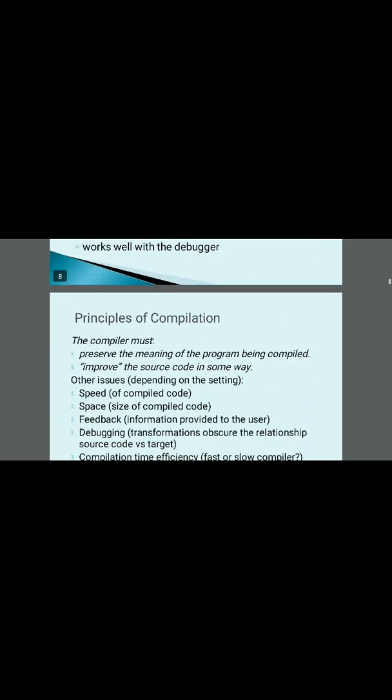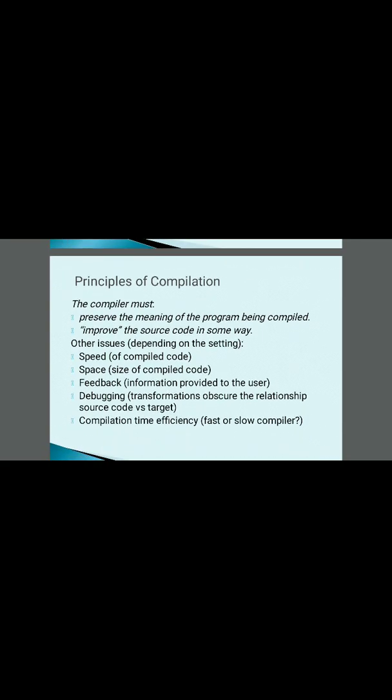Okay, so these are some few qualities of a good compiler. And whenever you want to perform a compilation, the first thing is that it has to preserve the meaning of the program being compiled. It means that it should not change anything. Whatever you are trying to do, the same thing you must get. And it has to improve your source code, in the sense that you might be using some unwanted statements in the program, but your compiler must be able to optimize this. That is what it has to show, some improvements on the source code.